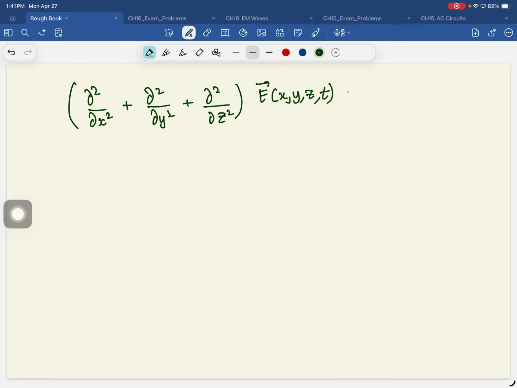And here was the surprising part. This velocity, that's the velocity of the wave. And that turned out to be exactly the